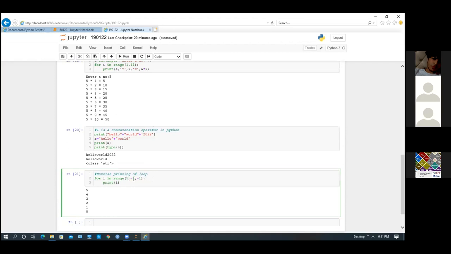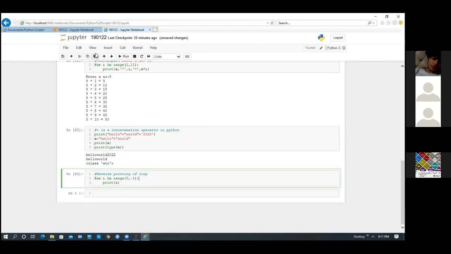So 5, then -1, then at the last -1. If we write like this, 5 and -1, you can ask me, what will it print? It won't print anything because no step is mentioned. If I write 5, 1, 1, then also you won't find anything. Suppose you write 5 to 1 and you write -1.